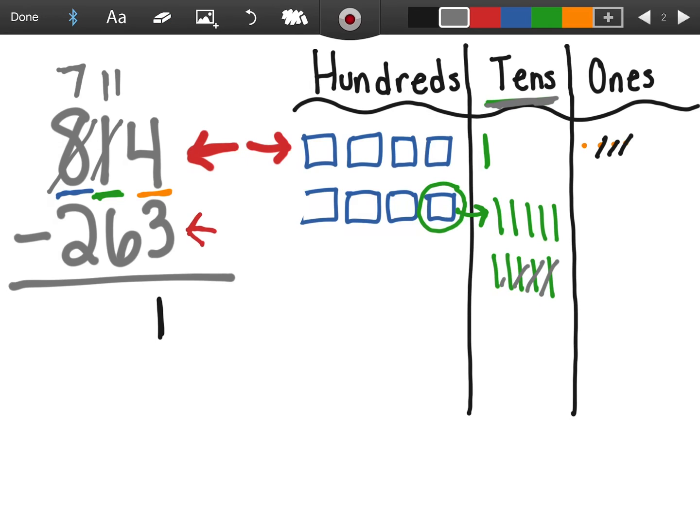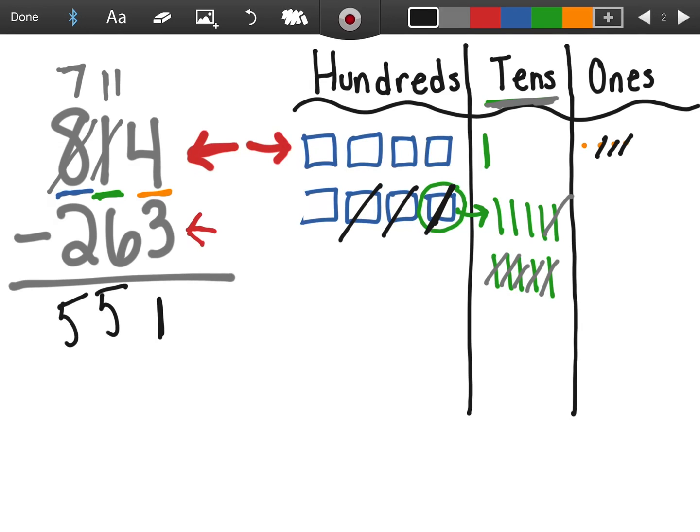1, 2, 3, 4, 5, 6. And we are left with 5 tens. So we're going to write 5 tens down here. And then we are going to go to our hundreds place and take away 2. Now remember, we can't use this one because we already moved him over to the tens place. So we're going to take out 1, 2, leaving us with